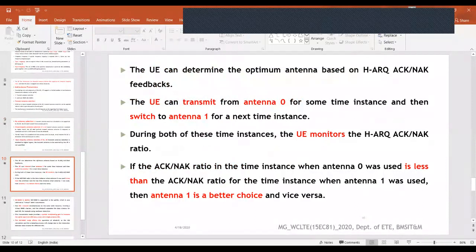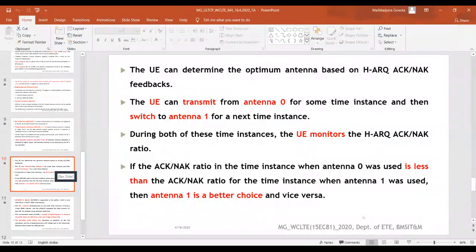The user equipment will be able to determine the optimum antenna based on the hybrid ARQ acknowledgement or negative acknowledgement feedback it obtains, whether it is port 0 or port 1.